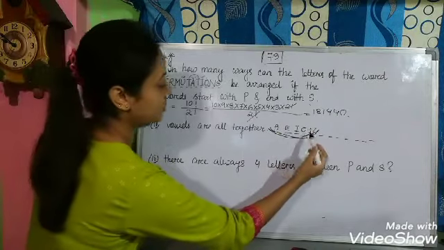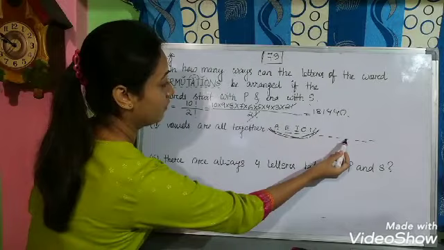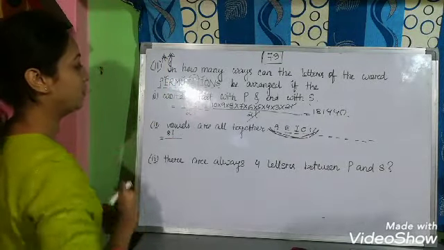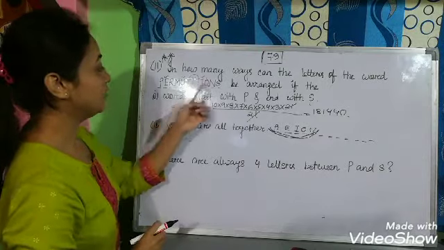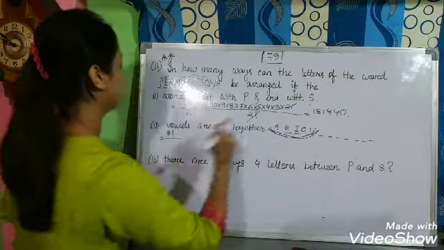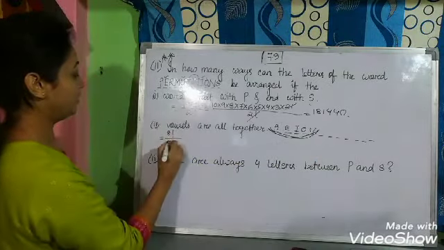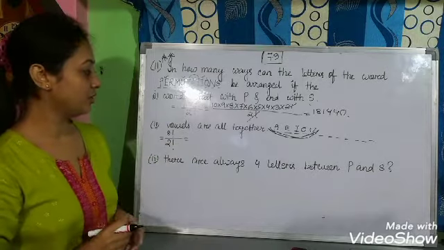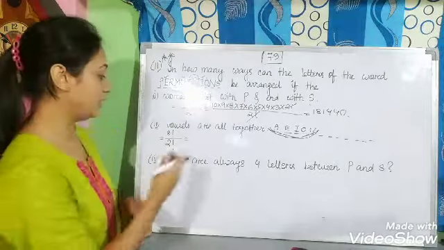So the total number of places will be reduced to 1, 2, 3, 4, 5, 6, 7, 8. So the number of permutations is equal to 8 factorial by, and here you see T will be written somewhere here, right? We'll write T in these places. So T is occurring twice. So 8 factorial by 2 factorial is the number of permutations where vowels are all together. Calculate it.